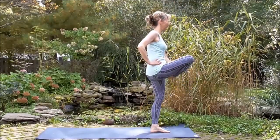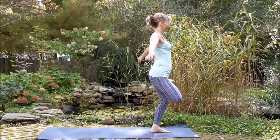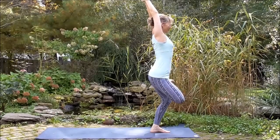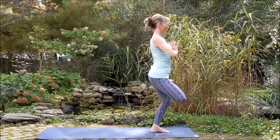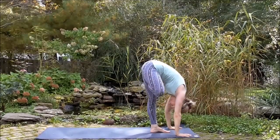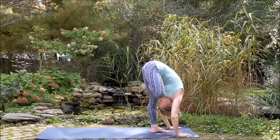You're going to put all your weight into your left leg. We are balancing our body and you are folding your right leg in. This is a half lotus pose in your standing position. And as you can see, you have your right foot tucked in nice and deep. You exhale your hand to your heart, and then planting your hands down onto the earth, you are going to